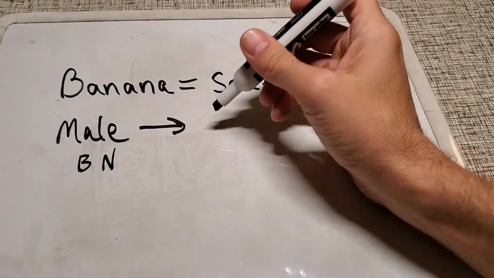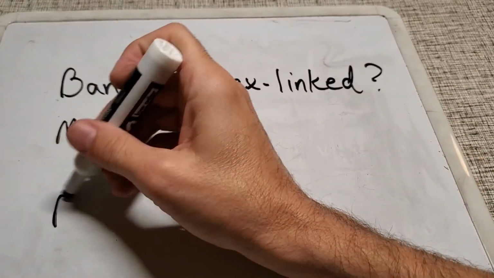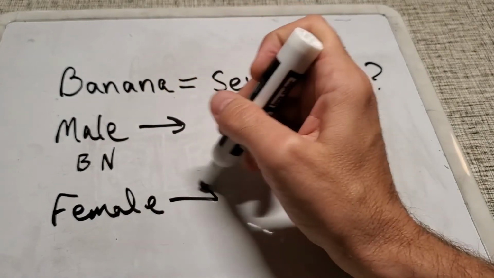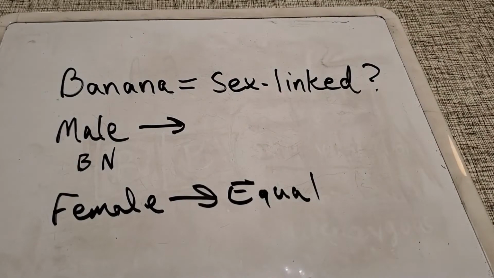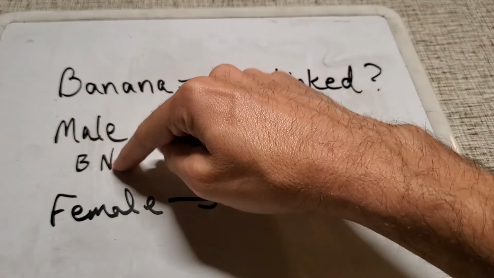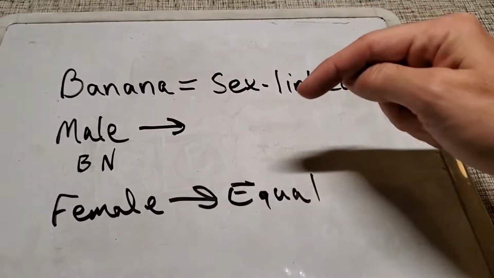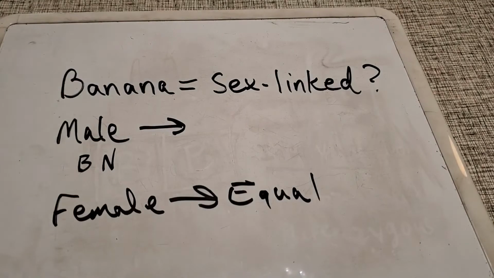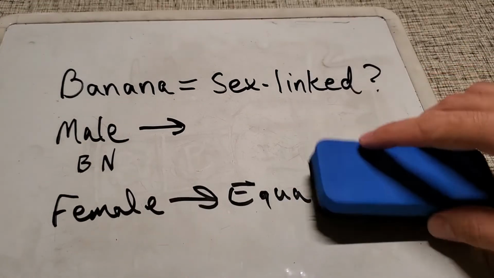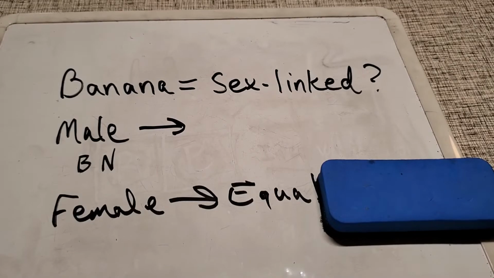If you have a female, she has an equal sex ratio. She has a 50-50 shot of throwing banana just like the male, but she has an equal shot of male and female being banana. So why is that the case? Well, I'm going to explain that. Okay, once again, I'm going to assume that you guys know some things. All right, as we get into this sex-linked discussion here,